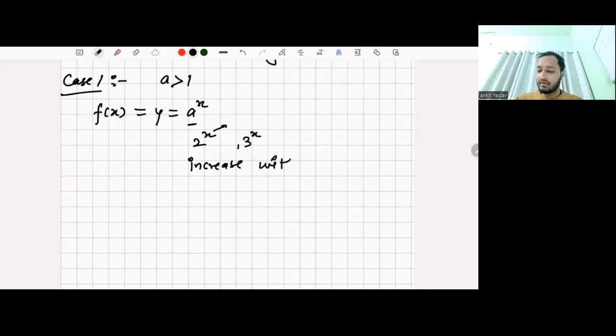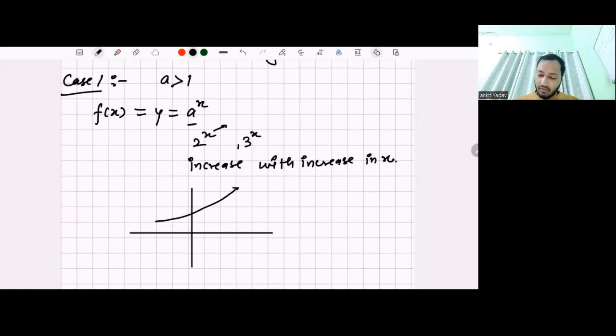with increase in x, x की वैल्यू जैसे जैसे बढ़ेगा तो the graph of the function will be roughly like this, no sorry, graph of the function will be like this,